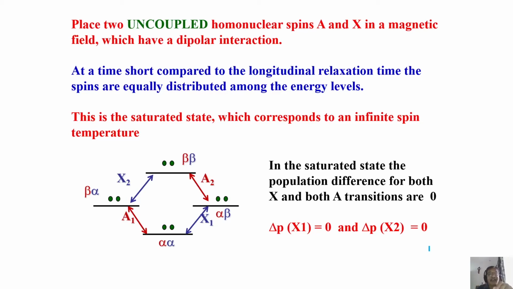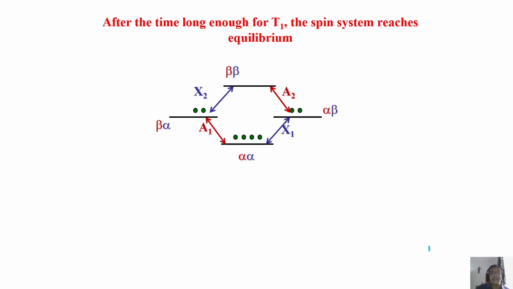So you cannot get the NMR signal as soon as you put the sample in. Within a fraction of a nanosecond, if you apply a pulse and look for the signal, you may not see it. So you have to wait for a certain time till the spins attain thermal equilibrium. Wait for a long time. Long means a few seconds for the spins to attain equilibrium. It reaches thermal equilibrium.